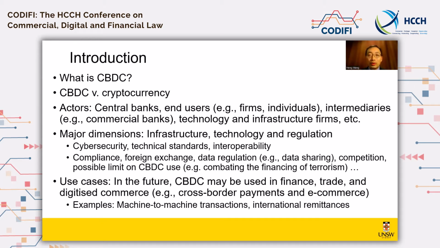On one hand, there are common points. For example, CBDC and cryptocurrencies or stable coins are all digital currencies. However, there are obvious differences, because CBDCs are issued by the central banks. It's public money, while cryptocurrencies and stable coins are issued by private entities. They are private money. In other words, central banks are public institutions, while cryptocurrencies are not issued by public institutions